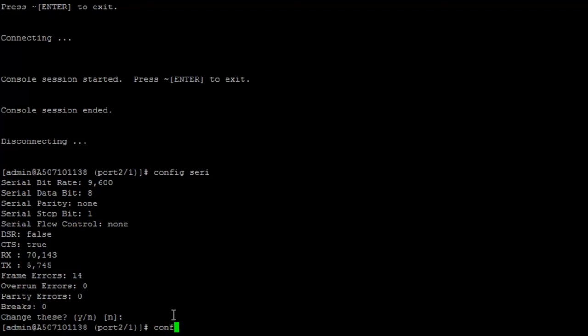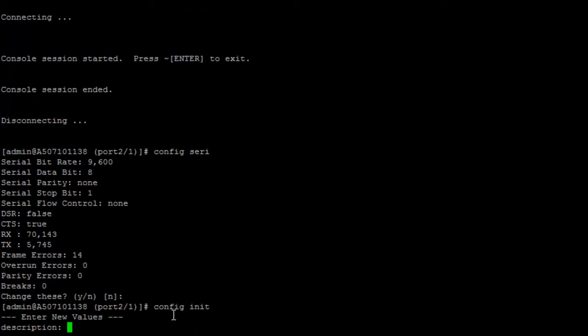So once you know you can talk to the device, you'll also need your login credentials, the actual credentials that the Uplogix is going to use to log into the device, because Uplogix is essentially, for all intents and purposes, going to present itself as another user to the devices we're managing. So you'll need to have those login credentials before you proceed. The command is config initialization, or just config init for short, and